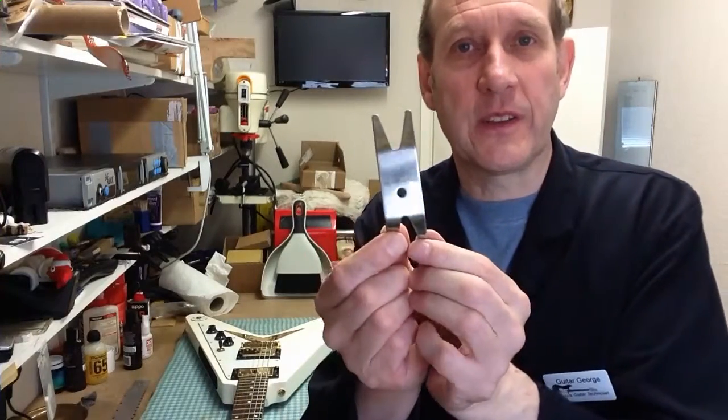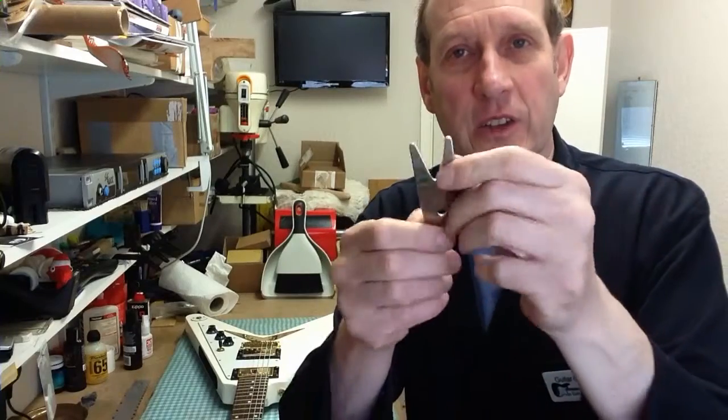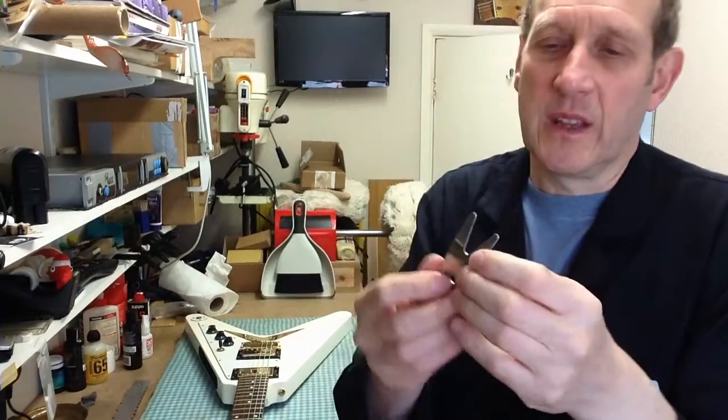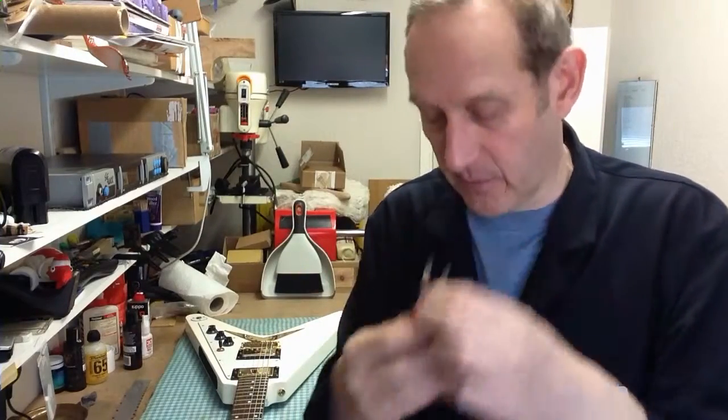First, you could use one of these. It's a sort of V-shaped wrench. It's got teeth on one side, so you can grip nicely for undoing, and then teeth on the other side for doing those thumb wheels up. It's useful, but I don't like this. It's a little bit harsh,